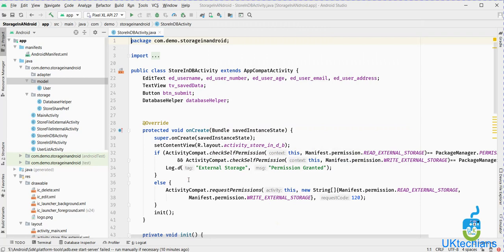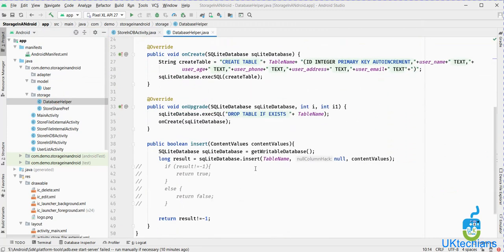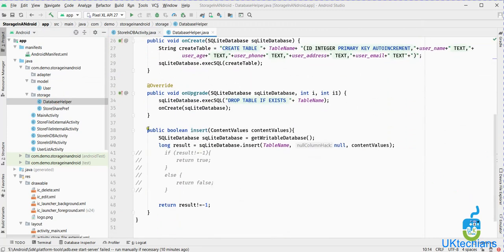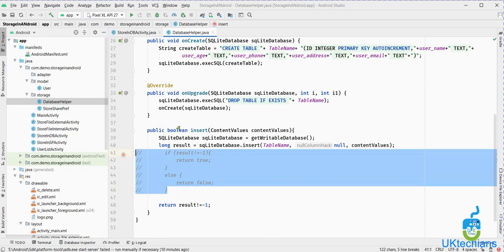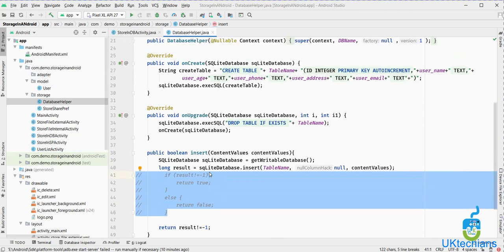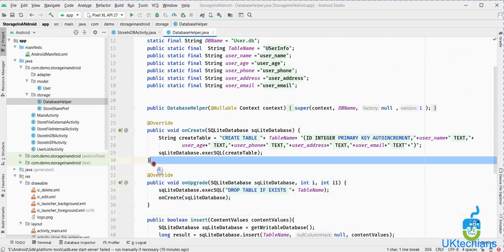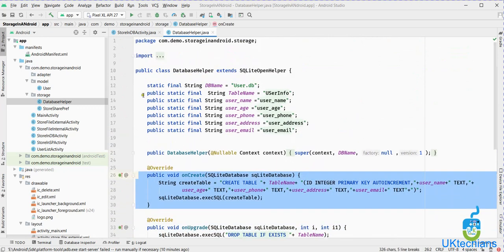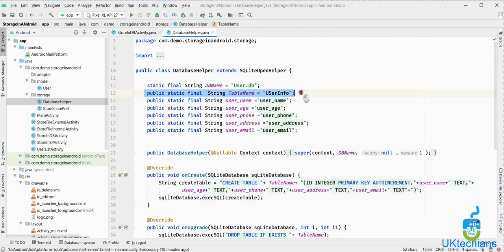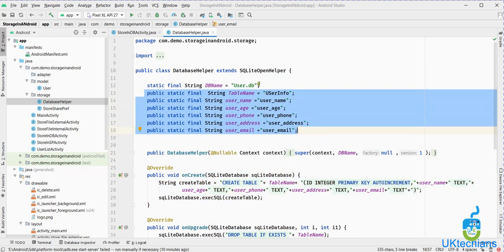Today we will learn about the database, and the functions we learn today are update, delete and fetch all. In the database we learned so far how to insert a record, to upgrade a table, to create a table, and how to create the table and columns under the database.